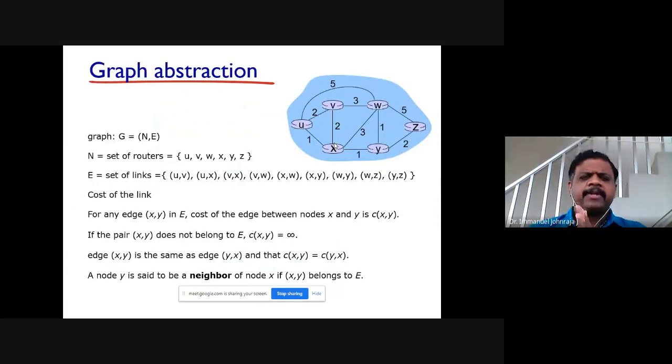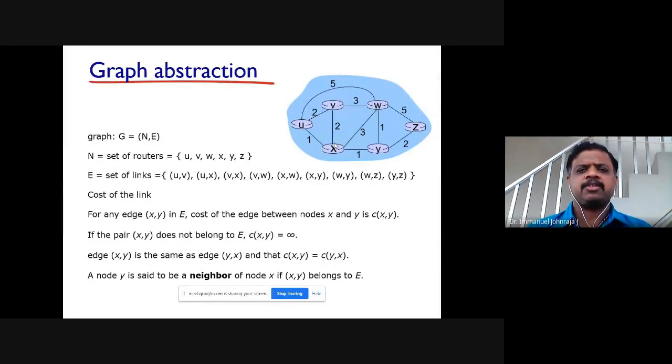Before getting into the link state routing protocol, let's recall certain concepts of graph theory. You all have studied it in theory of computation, or probably data structures and algorithms, and discrete structures or discrete mathematics. Everywhere you would have come across graph algorithms, because graph theory is very, very crucial for computer networks. Just to recall a few points from graph theory, I have dedicated this slide.